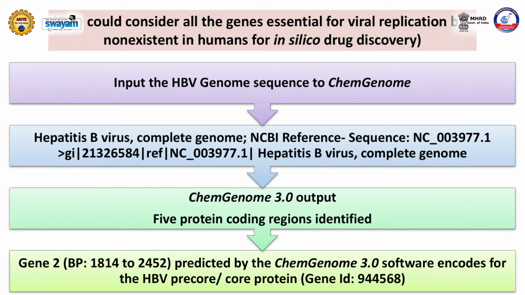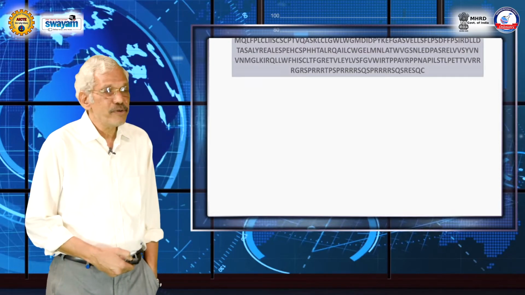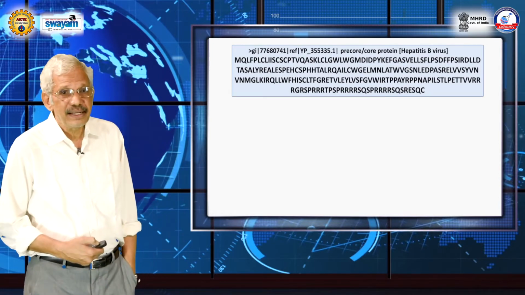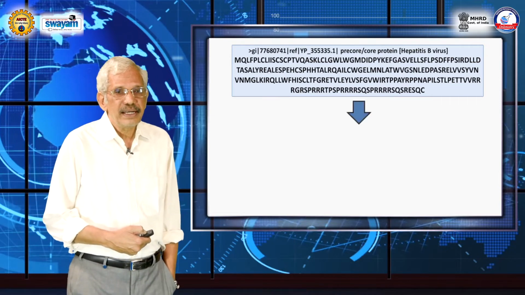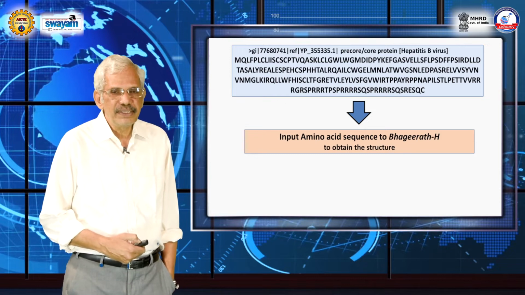Once I have these 5, I could have taken all the 5 as my drug targets, because these are viral proteins. They do not share similarity with human proteins, luckily. So, any one of them could have been a good drug target. My friend suggested I focus on protein 2. So, I did that, and this is my sequence. The sequence is MQL that you see here: methionine, glutamine, leucine, phenylalanine, etc. That is my protein sequence.